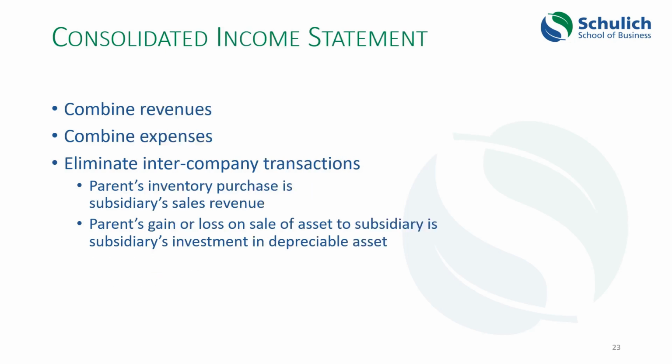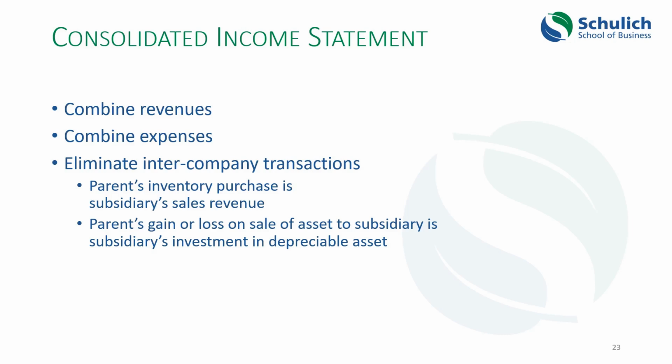On the income statement level, you have to combine all the revenues and expenses of the company, but what you eliminate is transactions between the parent company and the subsidiary. So, if all of the sales of the subsidiary are to the parent company, and it has nobody else that it sells to, then all of those sales disappear from the consolidated income statement because they're a revenue for one company and an expense of the other. But if the subsidiary also sells to other companies outside of the parent company, then that revenue would be included in the overall income statement.